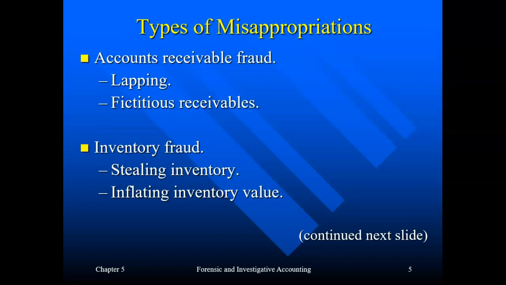In the accounts receivable area, there can be lapping. That's where, let's say you take a payment from a customer. So you open the mail, you take the check or whatever, and somehow you can get the check in your name, but you take the money or the cash, the check, and you take it for yourself. You don't apply it to that customer's accounts receivable. What you'll do then is when a later payment comes in, you will apply it to that first person, the one you stole from, to their account, so it gets that covered. But then you have the second account that's not covered yet, and you have to use a third payment to do that. And all the while, you're probably taking parts of these payments from each of these.